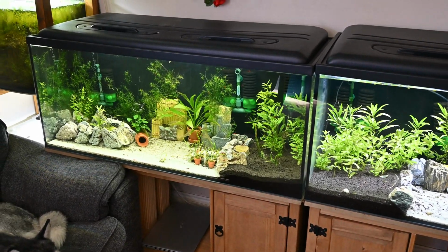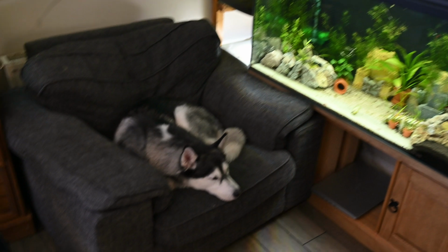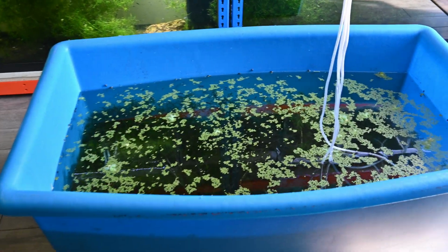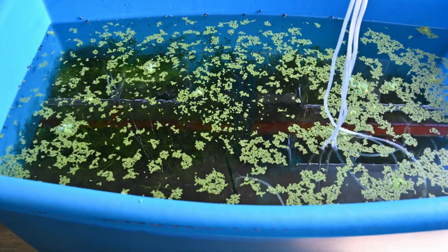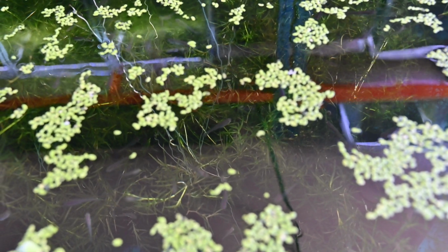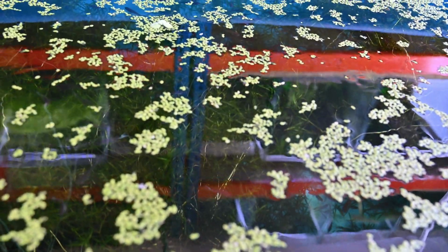And that's it for these two aquariums. They've been done. Moving over to our indoor pond. This is only temporary. Hoping if the temperatures pick up in the UK in the next week or so, these can go outside. Currently all of our Endlers are in here. As you can see, they're very happy, breeding like crazy. And yeah, we're just waiting for the temperatures to pick up, then they're going to go outside with the rest of our